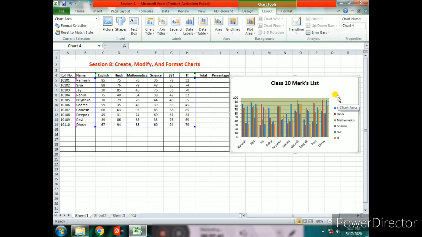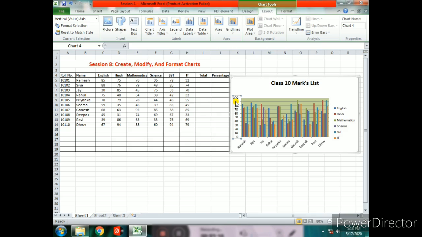Next one, we have formatting the axis. An axis is the side of a chart that contains the values according to which a chart is plotted. When a bar chart or a column chart is created, it has an x-axis and y-axis. You can, however, customize the scale to meet your needs and requirements. Now let me see how can we format the axis.